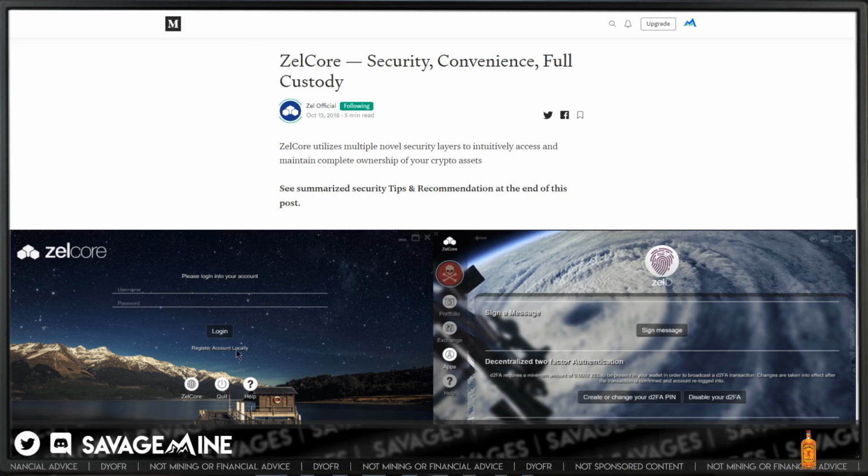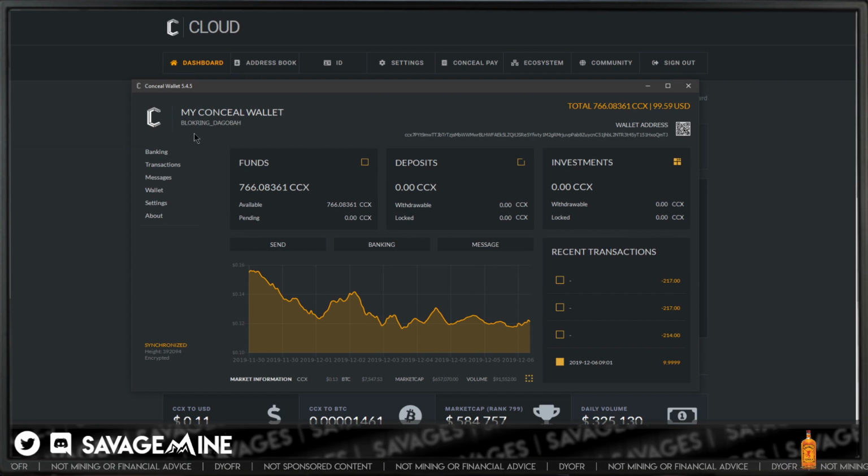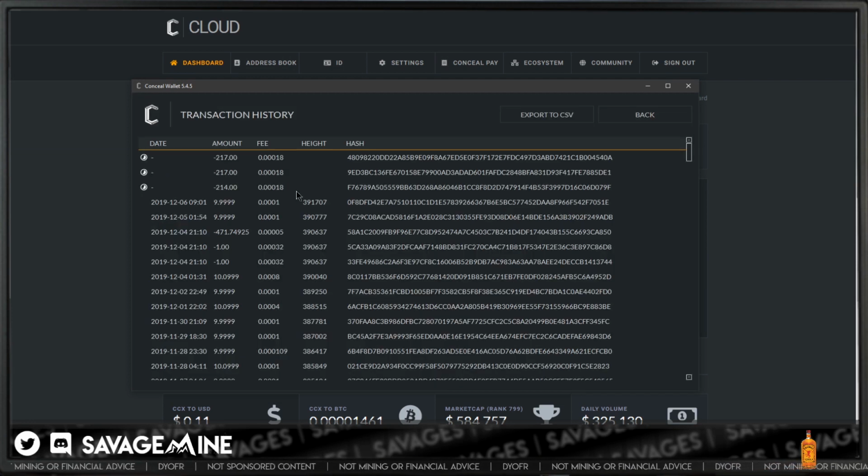Where was that? Here it is. Let's get rid of that. All right, so if we wanted to send, let's send from here. I think I should be able to send it to myself, although I do have this wallet open too. So let's do this. Actually no, I wanted to send, okay. I want to send to this wallet because I think I sent a little bit the other night whenever I was testing. Maybe not.